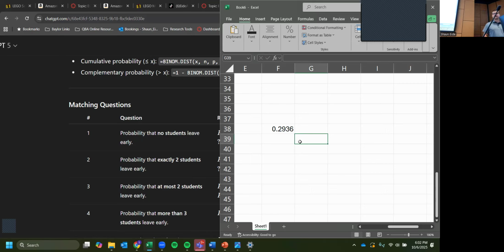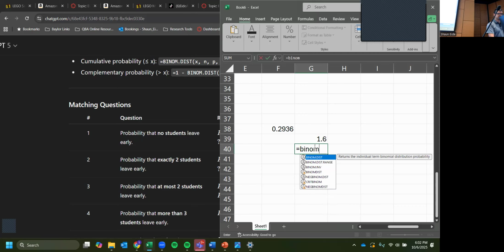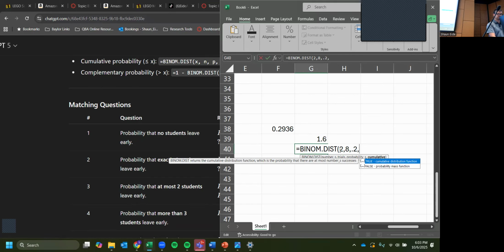How do I calculate the most likely outcome? What is it? Yes, it's going to be the probability multiplied by the number of trials. So equals 0.2 times 8. So 1.6. In other words, I've got to check for 1 and I've got to check for 6. So let's, or 1 and 2, equals binom dot dist. And we're going to do 2, 8, probability of success, 0.2, false,